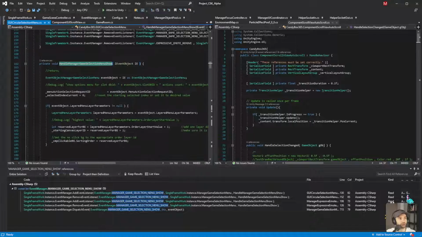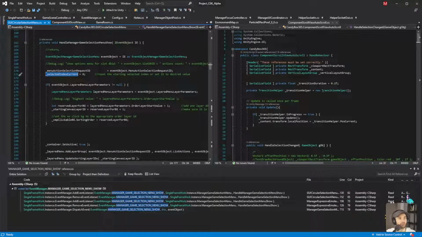So into the show, what we do is get the request ID, and then from there, we take the layer parameters, layered menu layer parameters. Okay, layered menu. I read it as layer menu layer, but it's layered menu layer parameters. I guess that makes more sense, but that's a bit of a tongue twister.